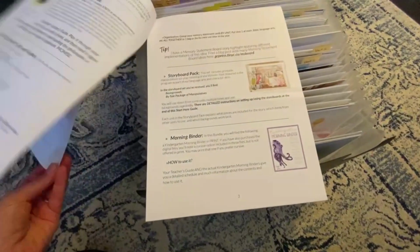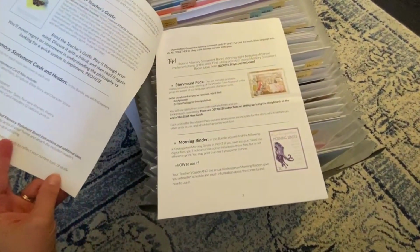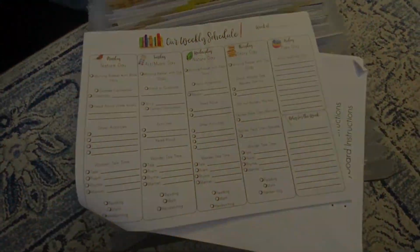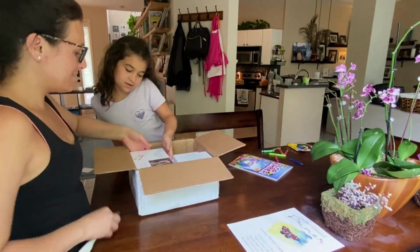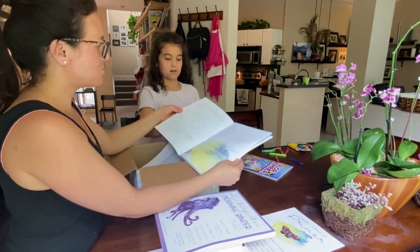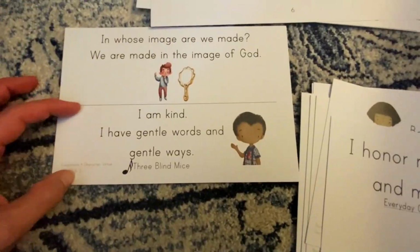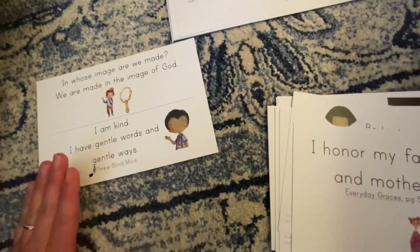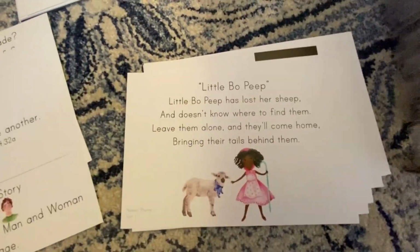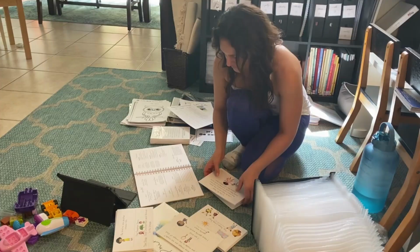So this goes through everything that's inside. It tells you not only what's in it, but then she gives you... I was going to show you all the cards and all the memory statements and all of the things about this curriculum that I absolutely adore. But while I was editing it, I realized I had seen this sort of video before. I've seen a walkthrough, and you can definitely look it up, by Aaron Cox, the maker and creator of this curriculum. But when I was doing it, it all seemed kind of overwhelming,